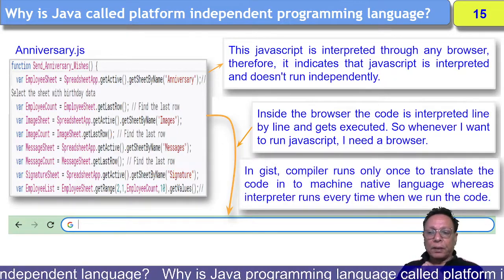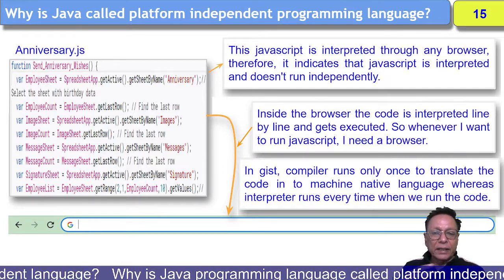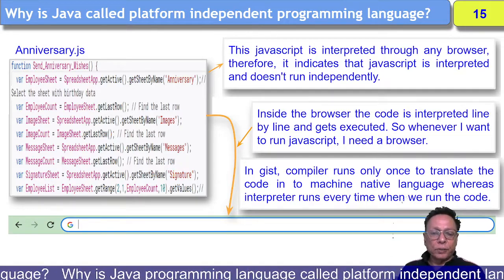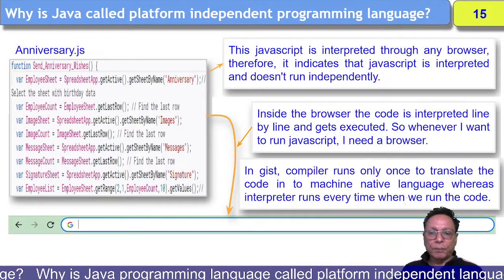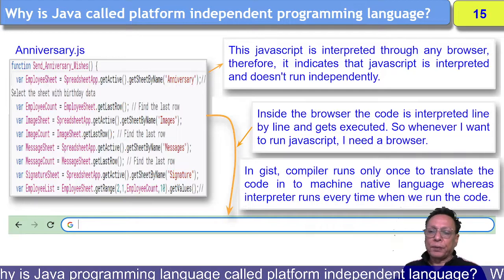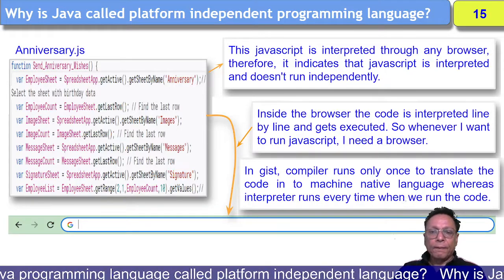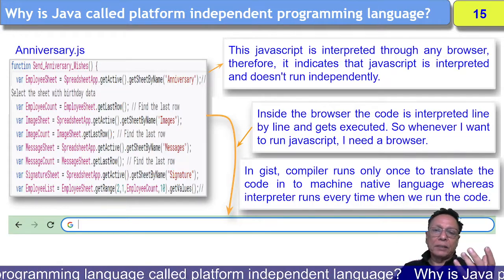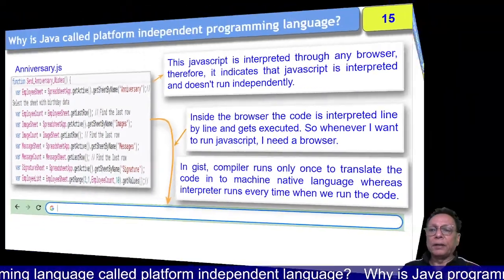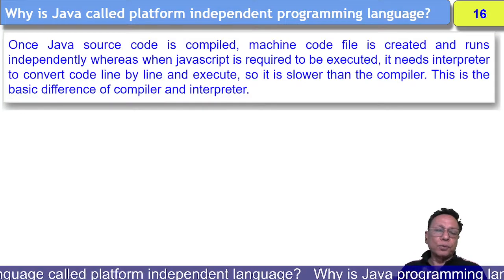In gist, the compiler runs only once, means it creates a machine native code, and after that the source code is not required and the compiler is also not required. After compilation, the machine code gets executed as and when you want to execute it. Still the question remains, why is Java called a platform independent language? So see here, once Java source code is compiled,